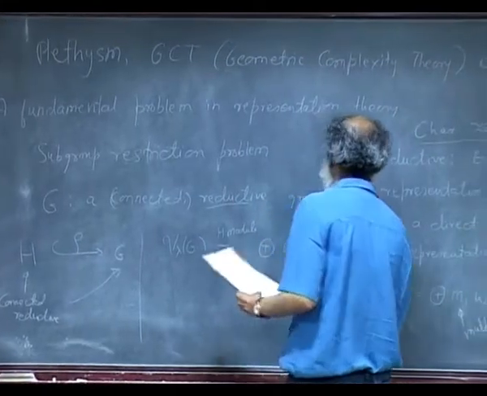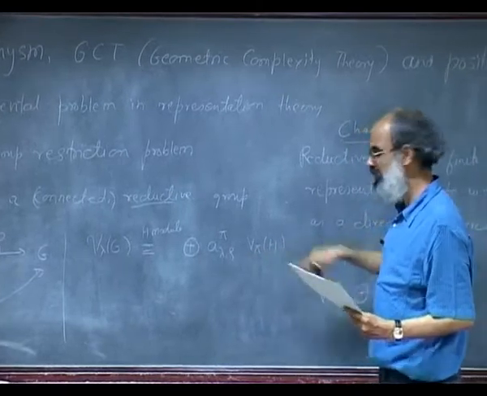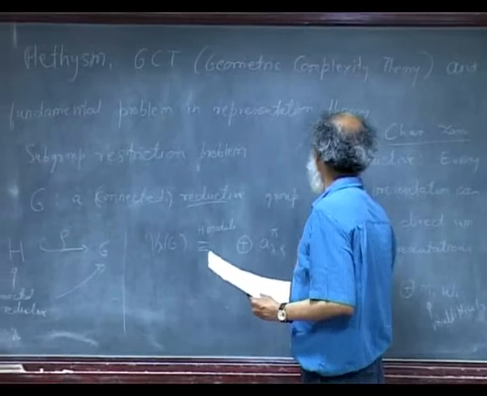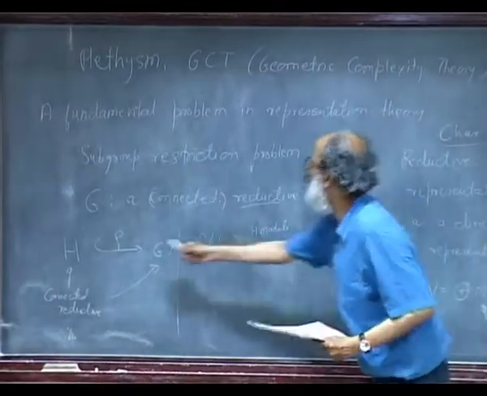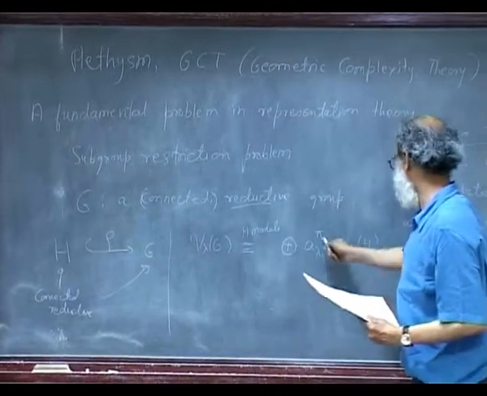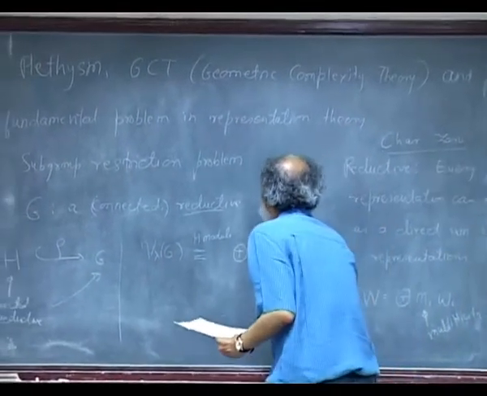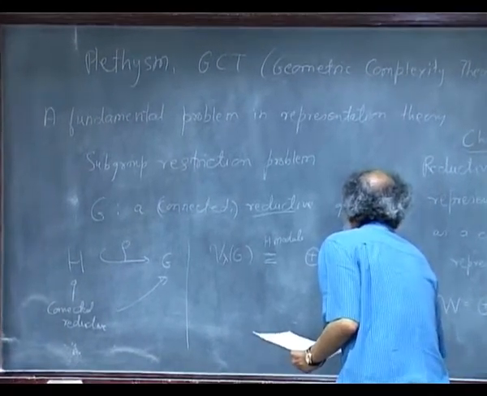It will break into irreducible representations, since the building blocks of H are V_pi(H). And a_{lambda,pi,rho} would be the multiplicity of that representation in this. So lambda corresponds to this, rho specifies the embedding, and pi indexes the irreducible piece whose multiplicity this is. These are called Plethysm constants, generalized Plethysm constants.